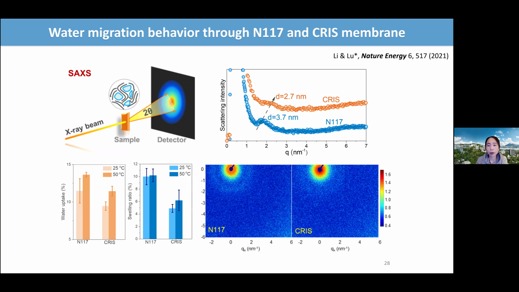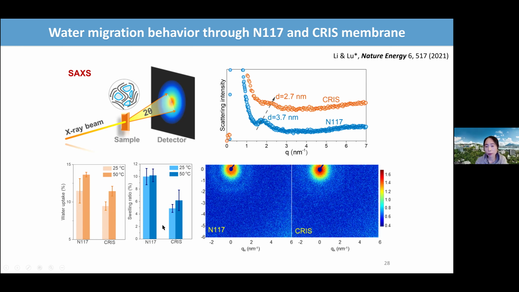So why is this so effective? So we try to understand more. We use the small angle X-ray to understand the water cluster size. As you can see, using the crisp membrane, we are shrinking the water channels from 3.7 nanometer to 2.7 nanometer. So this is a significant difference, which can explain the reduced water uptake for the crisp membrane and the reduced